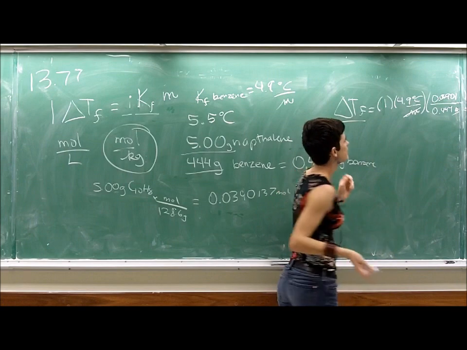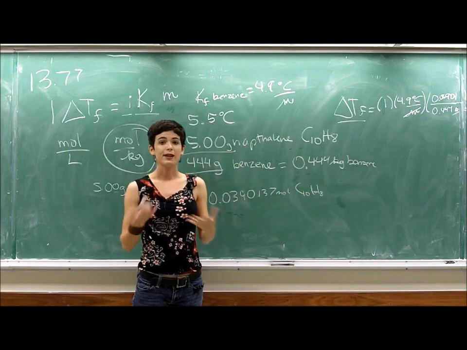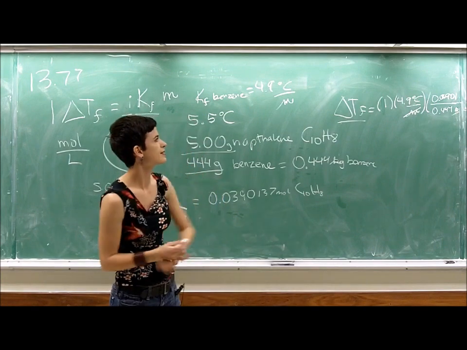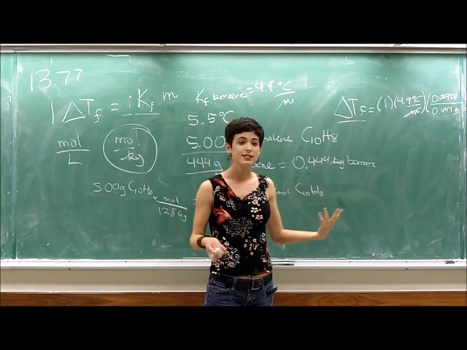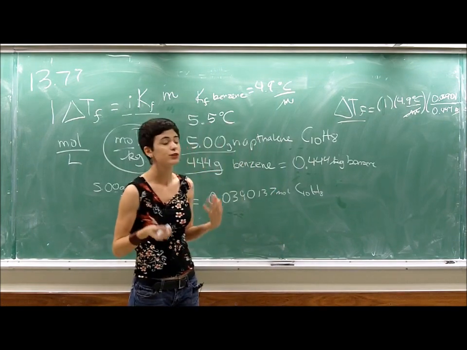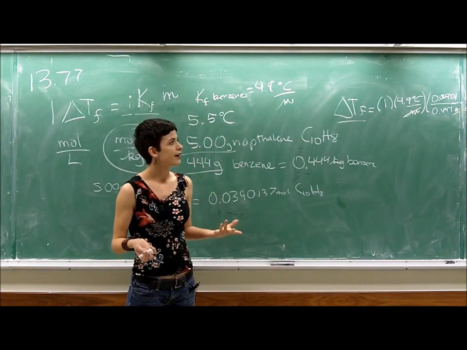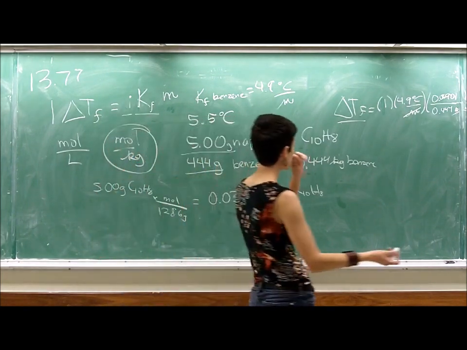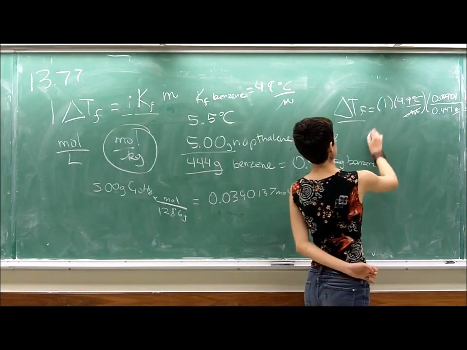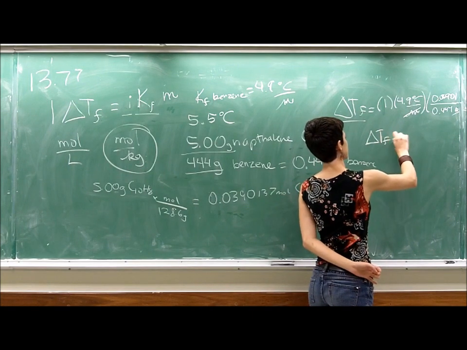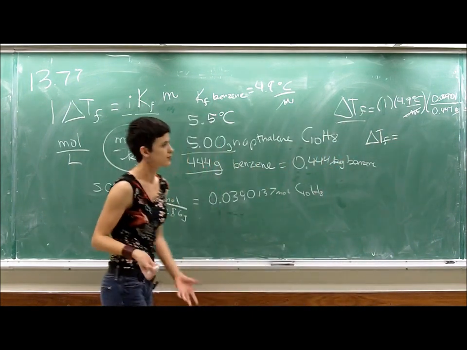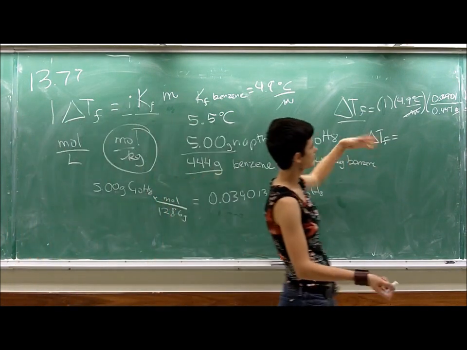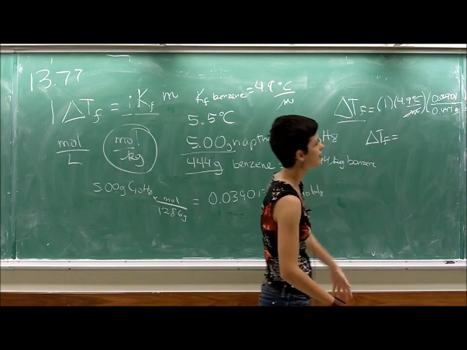We're searching for temperature, and here you may be asking, degrees Celsius, I thought we were always supposed to be using Kelvin for problems like this. In this case, since we're dealing with a difference in temperature and Celsius and Kelvin scale linearly, we can just go ahead and use Celsius and not care. So it makes it really easy for us. Just plug and chug. Most of you will be using calculators for this problem, so it's no issue for you here. Just 4.9 times 0.03901 over